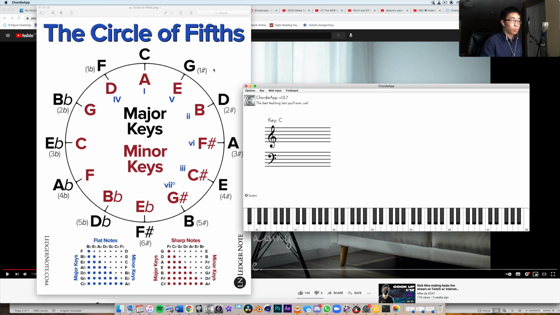But I didn't want just a really simple modulation to G major or F major, because those are too closely related. It wouldn't really make too much of a difference. So I decided to go even farther, to the key of E flat major. So that's going up a minor third. If I went down a minor third, that would be going to A minor. That's the relative minor. But if you go up a minor third, then you're actually going to a completely different